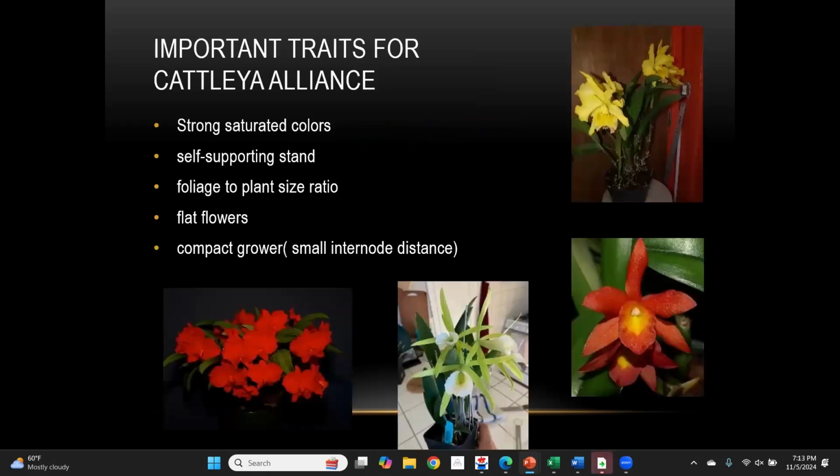So, important traits of what we look for in the Cattleya Alliance. We look for strong, saturated color or a nice, pleasing color. You can have a nice pastel, but you don't want a muddy, washed out or clear color. You want a nice pop of color. We grow orchids because they're colorful. Then we want a